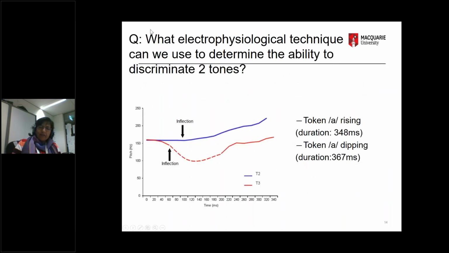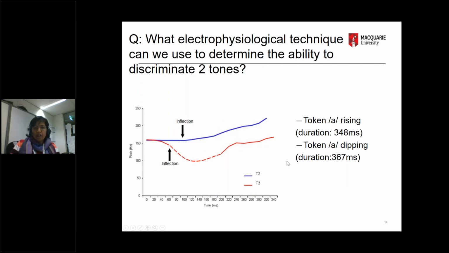So going back to our study, remember we chose two tokens, and this was a token which was spoken by a Mandarin speaker. It was ba. And then we extracted the a out of that. And we just used the token a, which was either rising or it was dipping. And this is just to show you across the time how the pitch varies. And remember, the question was, what paradigm should we use to see if English speakers who are not Mandarin speakers are able to differentiate this? And of course,